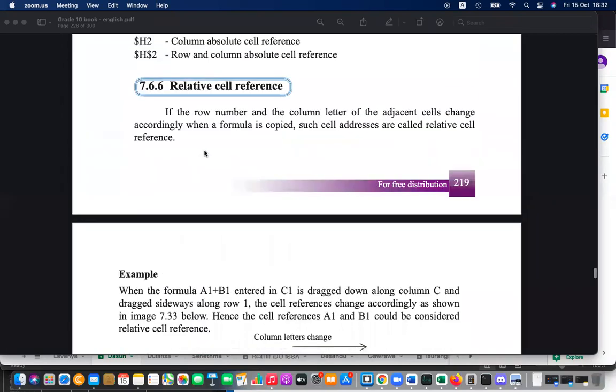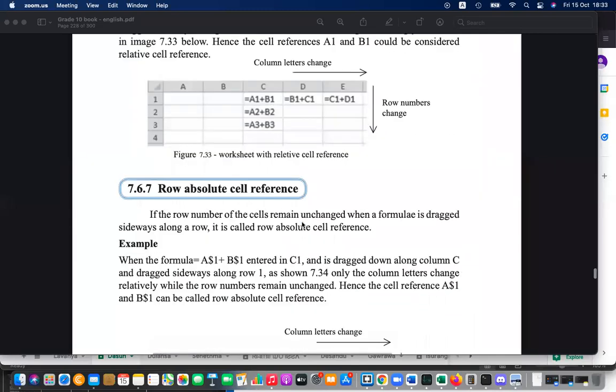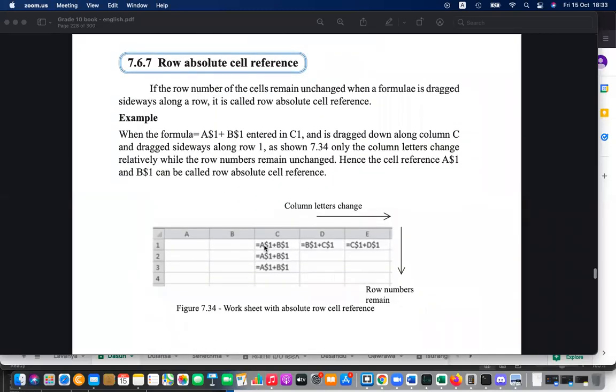We saw that when finding the ranking. So we can make it static by putting a dollar sign. If you put a dollar sign in front of a number, then when you drag downwards, the number is not changing. The number is static. But if you drag horizontally, the letter is changing because you don't have any dollar sign in front of the letter. Number is not changing. So that is the second thing.